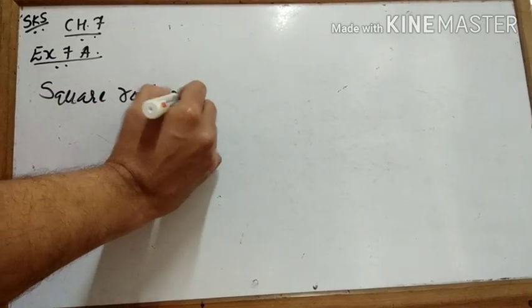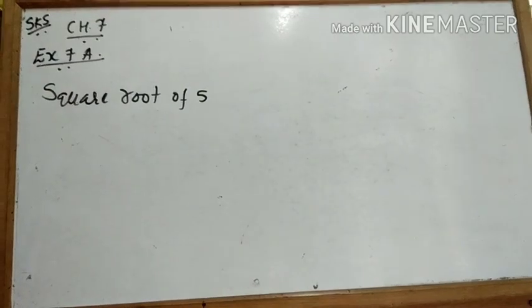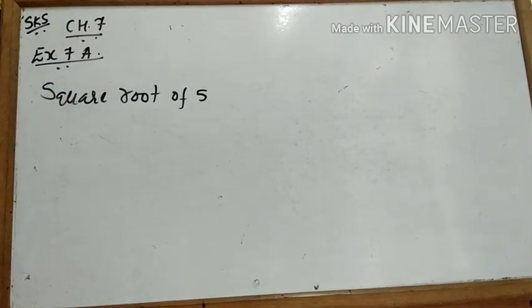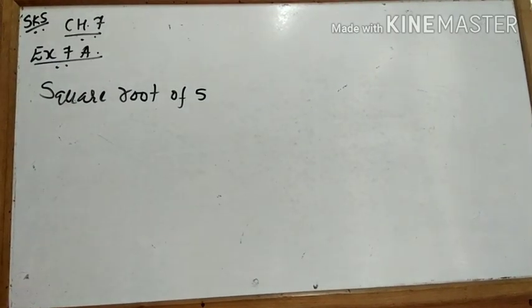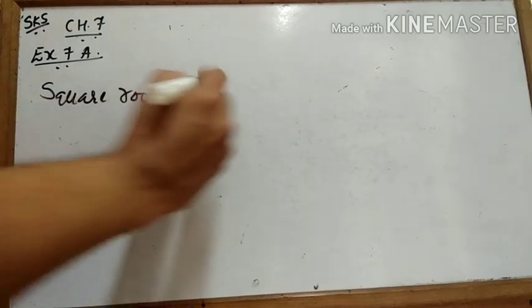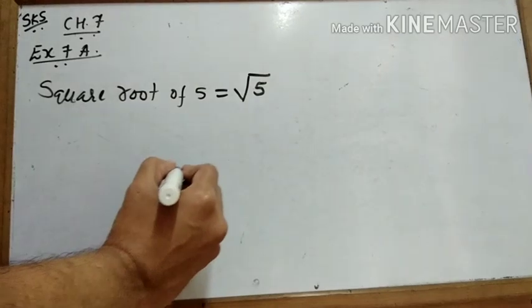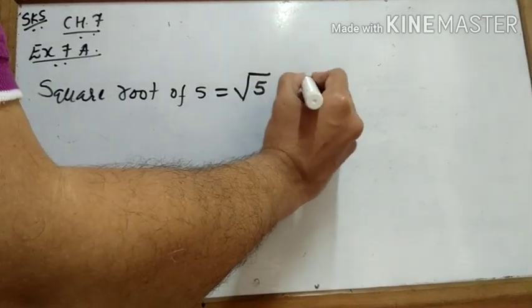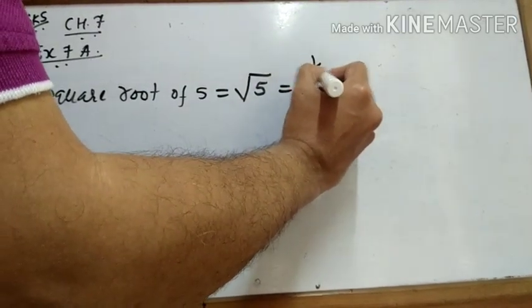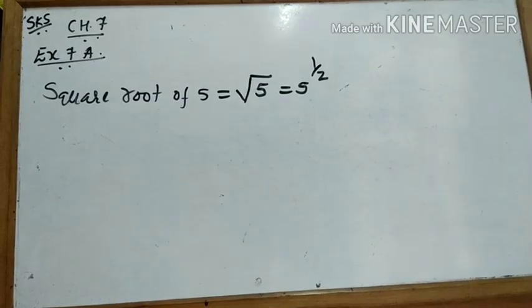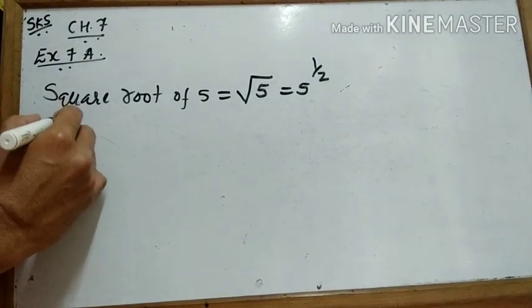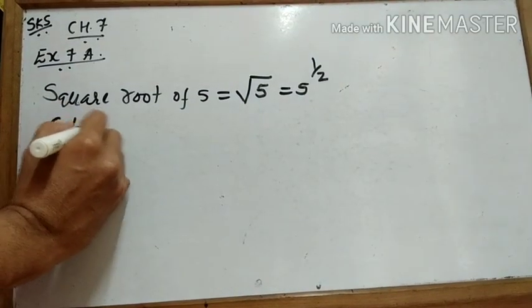Square root of 5. This I have written in words. If I want to represent this in the form of symbols, then I can write it down as this, the square root of 5. This is also written down as 5 raised to 1 upon 2. Say for example, I have cube root of